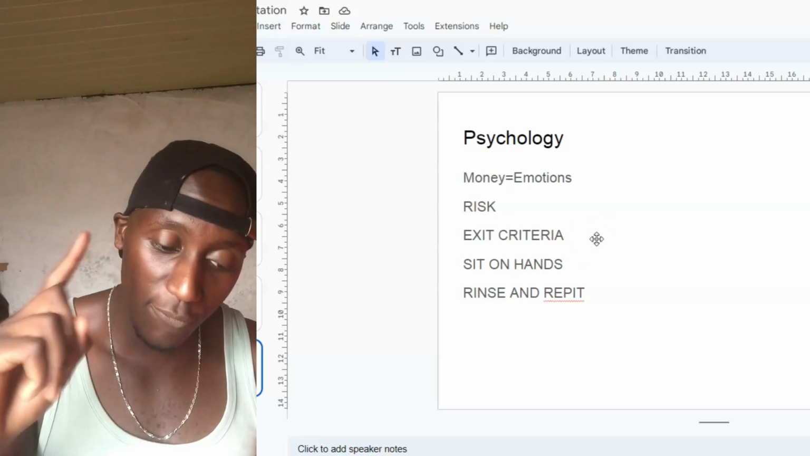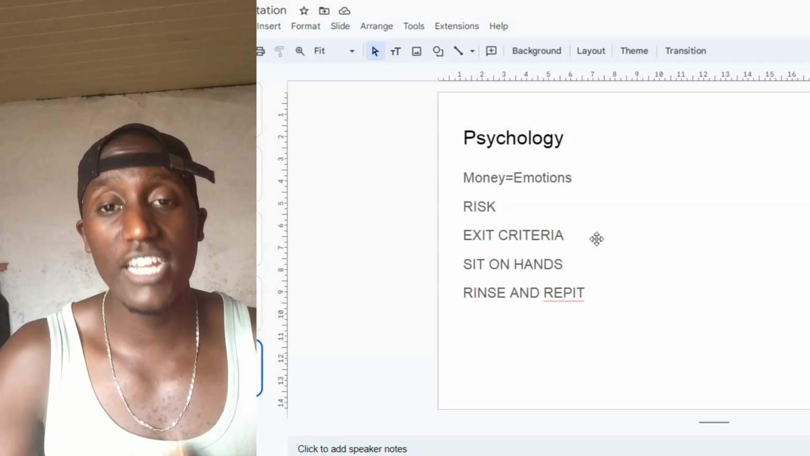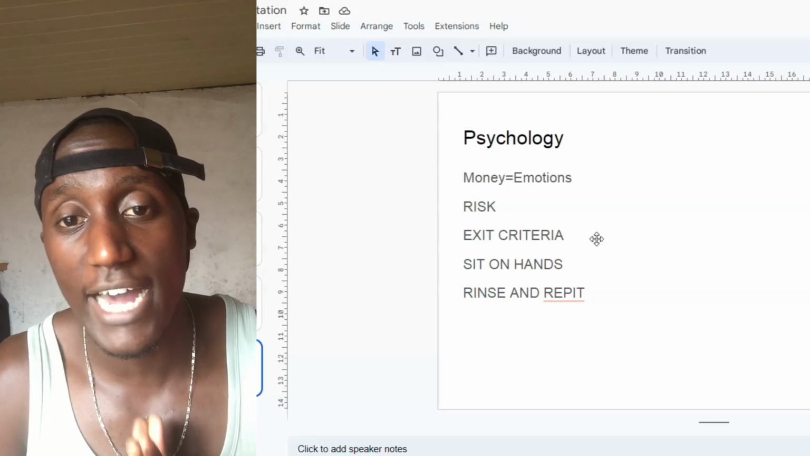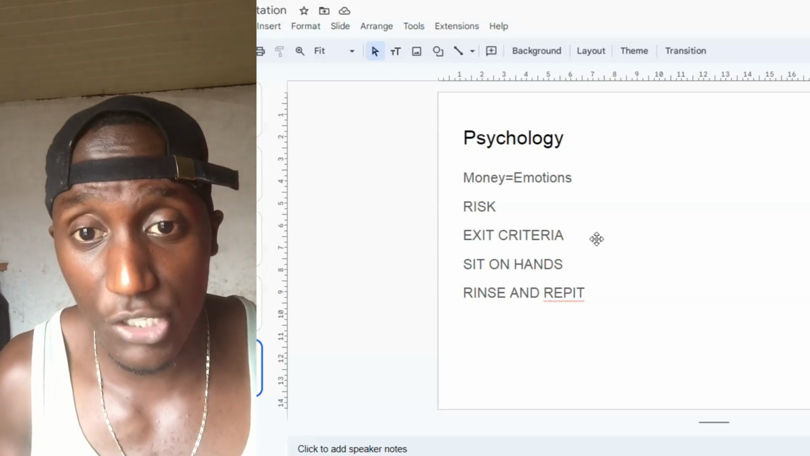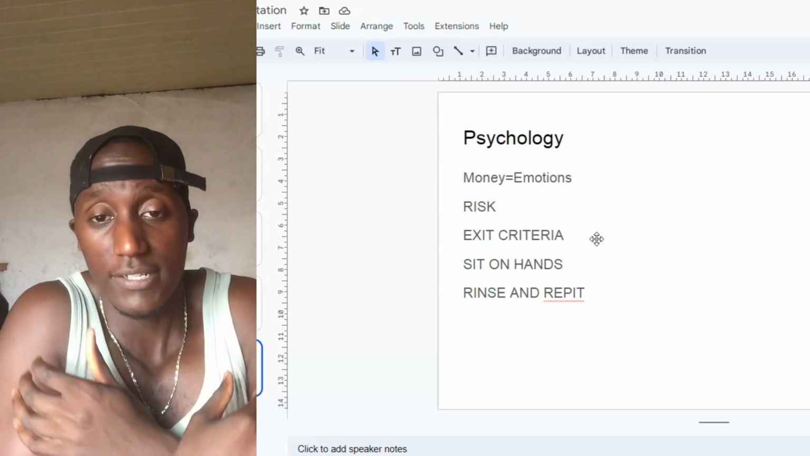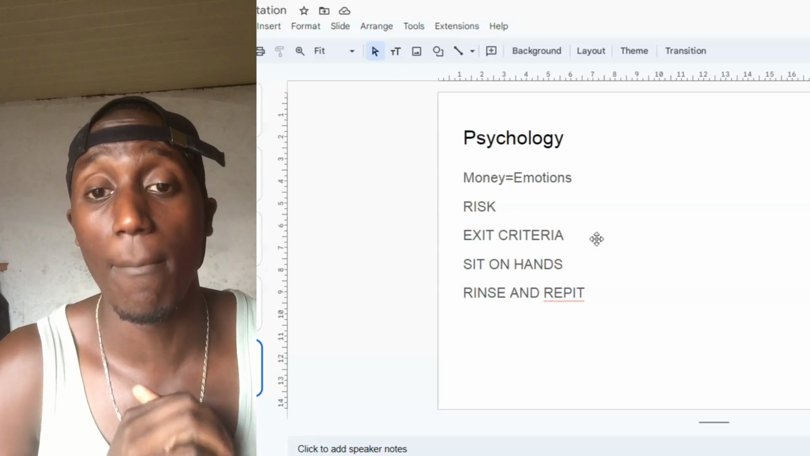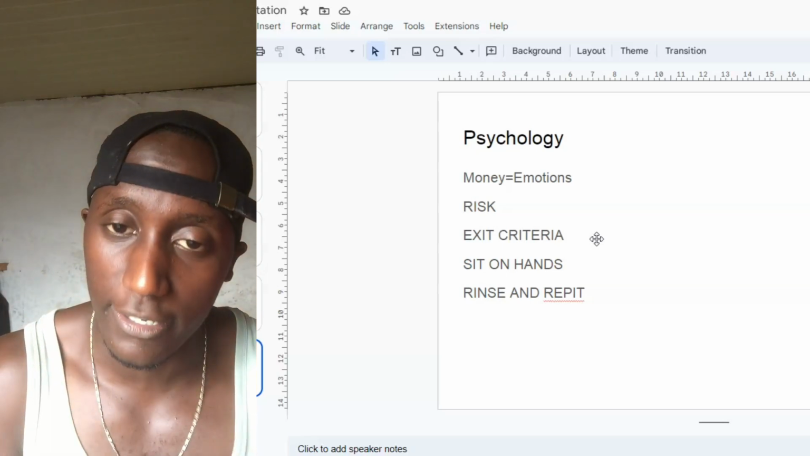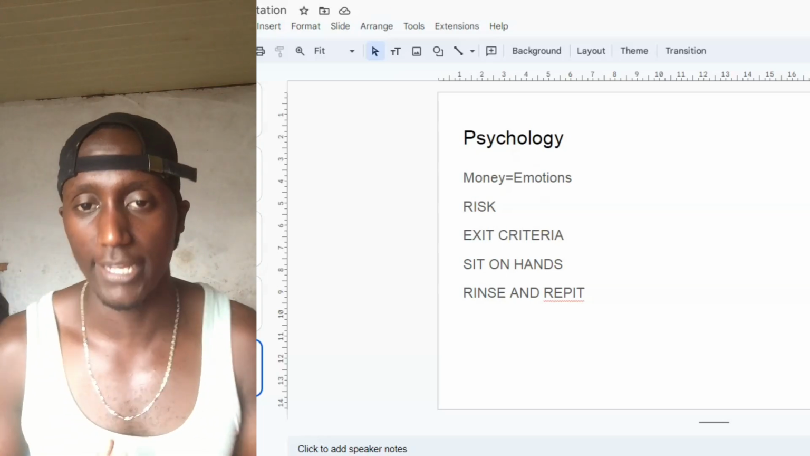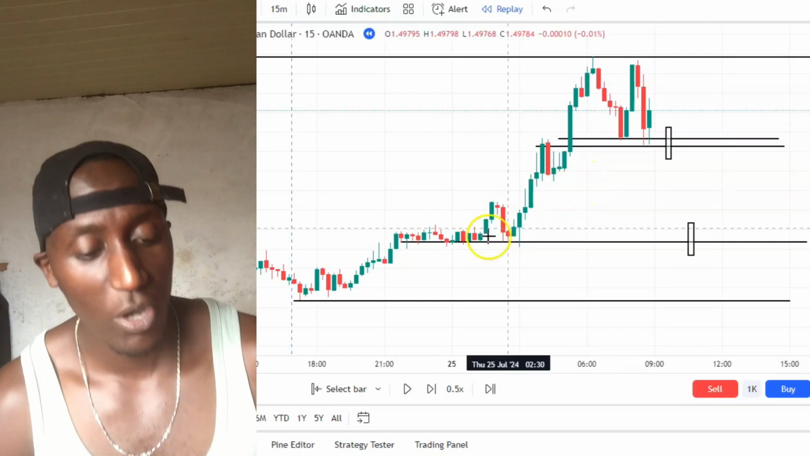And so the first thing in psychology is understanding your risk. You need to risk money that you are willing to lose. That way, you are not sitting at the edge of your seat, nervous, praying to your ancestors, please make the markets move. The next thing is understanding your exit criteria. You cannot just get into the market and then not understand how you are going to exit. And so for me,